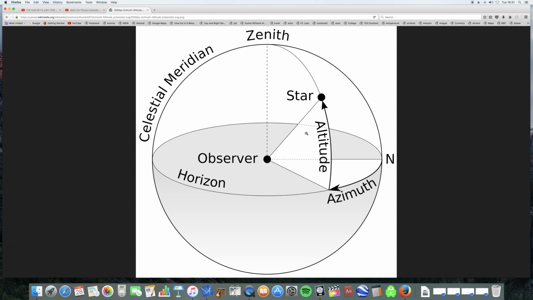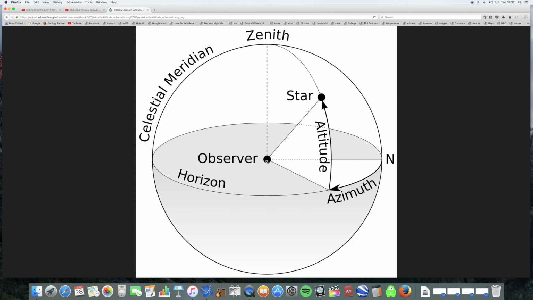So this diagram shows a star here. It doesn't matter what it is. It's just an object in space, and here's the observer. So you can imagine the light travelling in a straight line right to the observer. Now this line here is what determines where something appears to the observer. Where something appears to us, where it appears in our visual field, is determined by angles and not by distances.